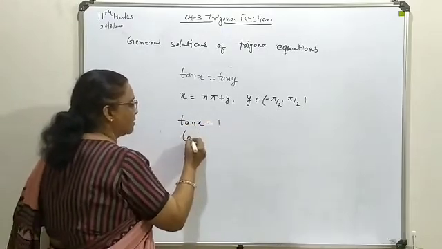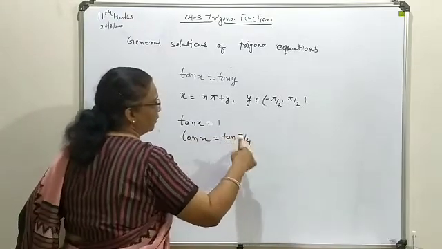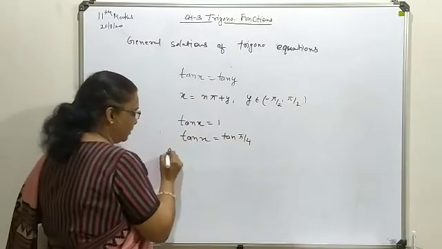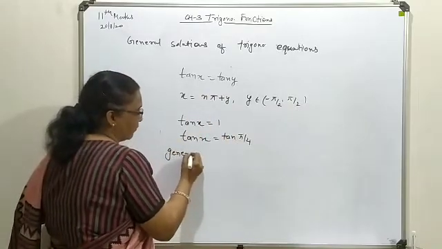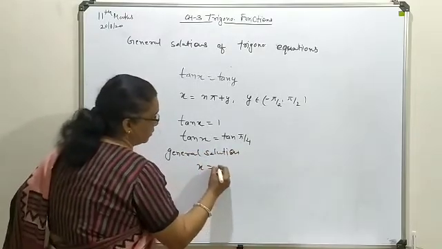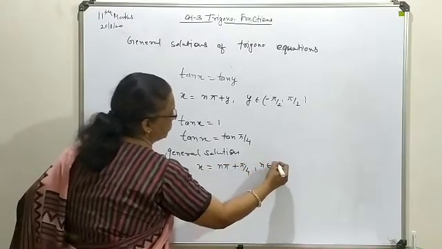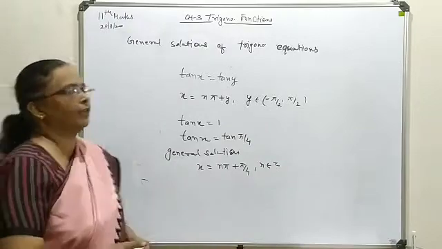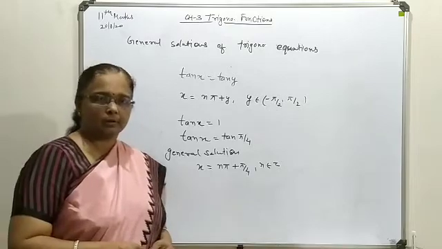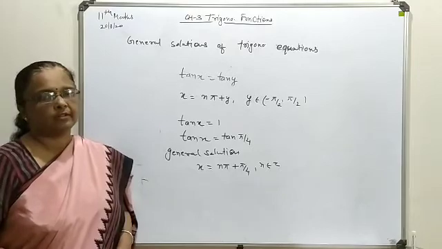So just for example we take the tangent, suppose tan x is available as 1. So this means tan pi by 4 you will have as the angle form. Here your y is pi by 4. So here the general solution you will write is x is equal to n pi plus pi by 4, where n belongs to z. So this way you can define your tangent with a general solution form. So that was all about the general solution when your question is available in sine, cos and tangent form.